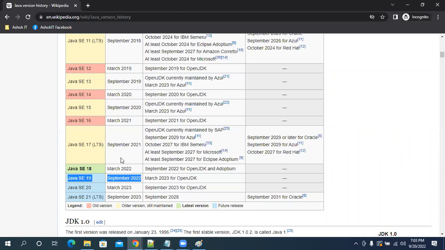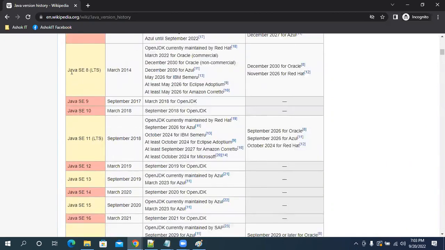According to my knowledge, I have seen Java 8 and Java 11, but I am not aware of the later versions' features. Are you clear with my point? As part of this course, we are going to work with Java 8 and Java 11. Initially we will start with Java 8 because that is the biggest release. Till today, 95% of projects in the market are running with Java 8, and 2 to 3% with Java 11. I will cover both versions. Are you clear with this?